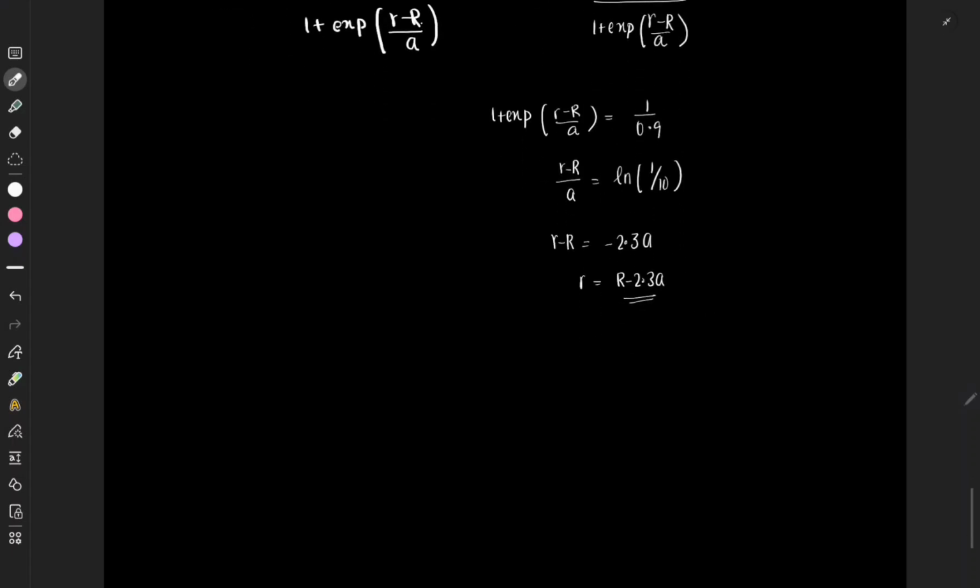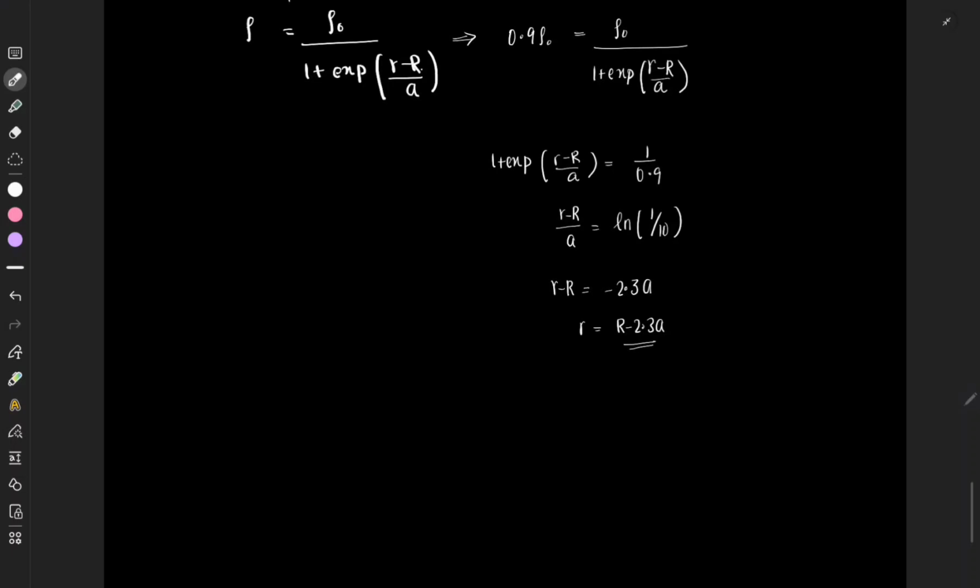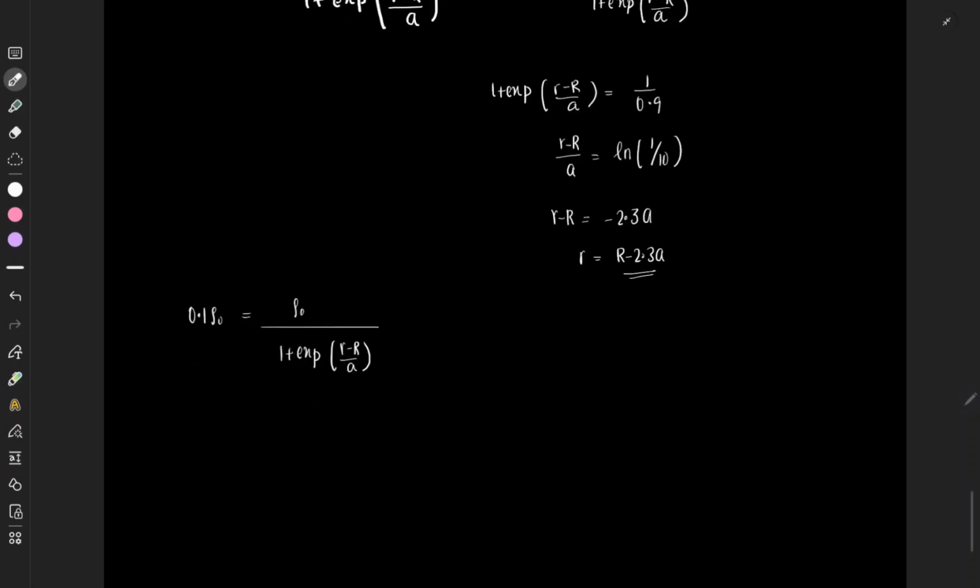That's for 0.9 rho. Now I have to do the same for the 90% decrease. 0.1 rho is equal to rho naught divided by 1 plus exponential of r minus R by a. Do the same calculation. We'll get small r to be equal to R plus 2.2a,